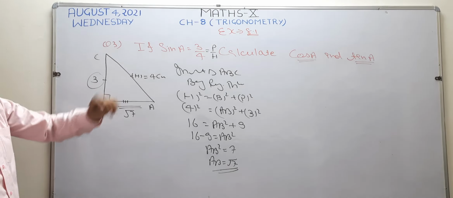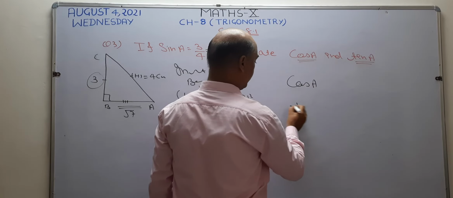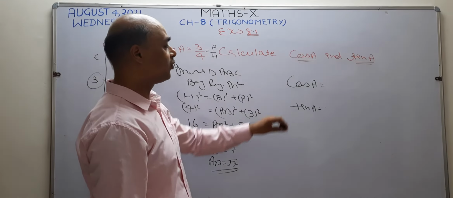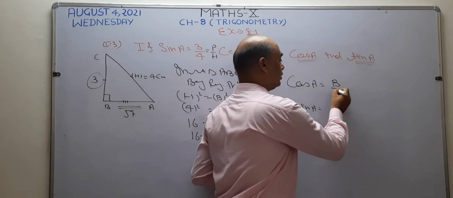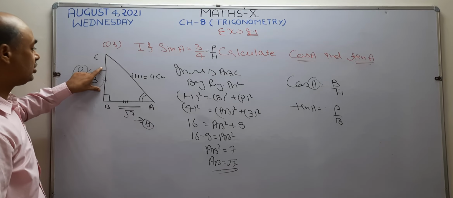Okay, now I am going to find the value of cos A and tan A. And you know how you find the value of cos A. For finding the value of cos, the formula is B by H. And for finding the value of tan, the formula is P upon B. You have to remember this. Now this angle decides which side is going to be the base of this triangle. Angle A is given. Angle A is here, so this side becomes the base of this triangle, and this is your perpendicular. For this question, I consider this AB as base and this BC as perpendicular.